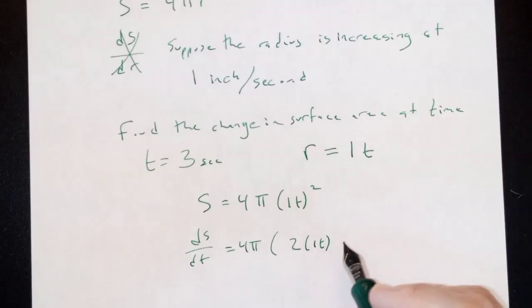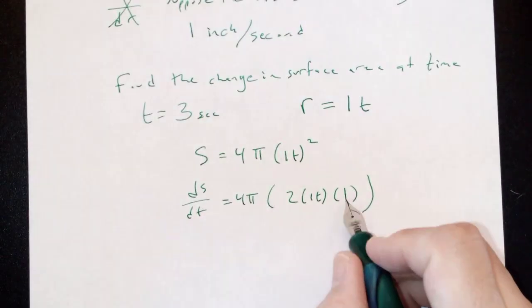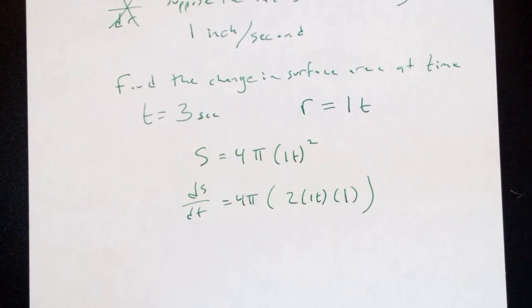But wait, there's more. What's the derivative of t? Just 1. Now, if it was 20t, then the derivative would be 20. If it was 7t, the derivative would be 7. If it's 60t,